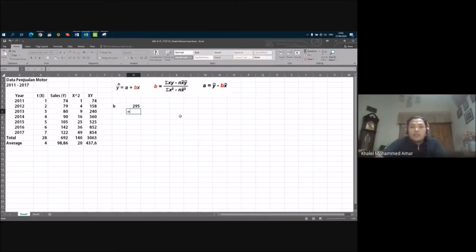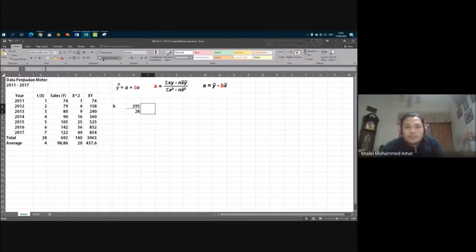So the bottom one is the sum of X square, minus, just like in the top one, count 7, times the square of the average of X. So the average of X is 4, we will square it like this. Okay, enter.